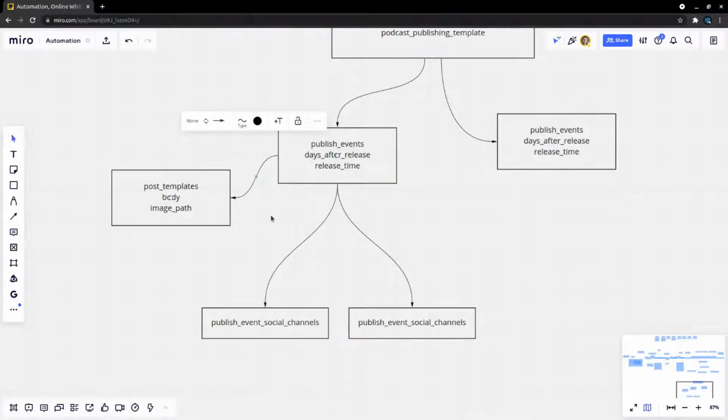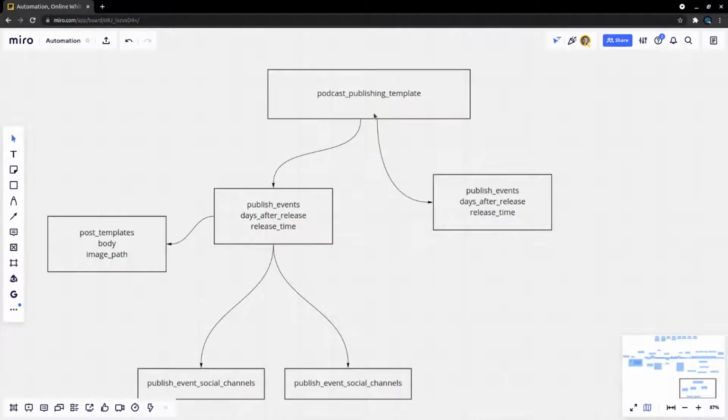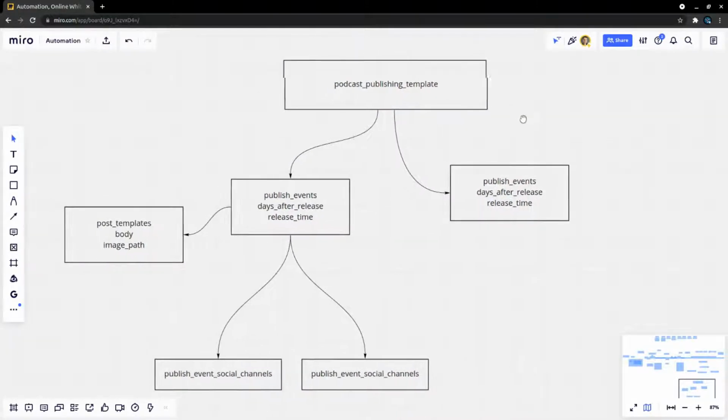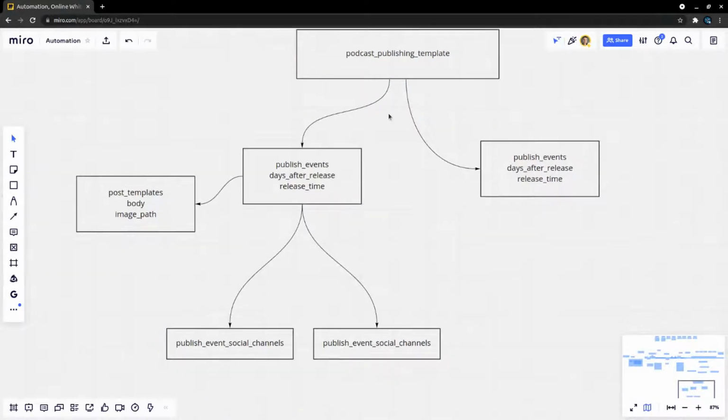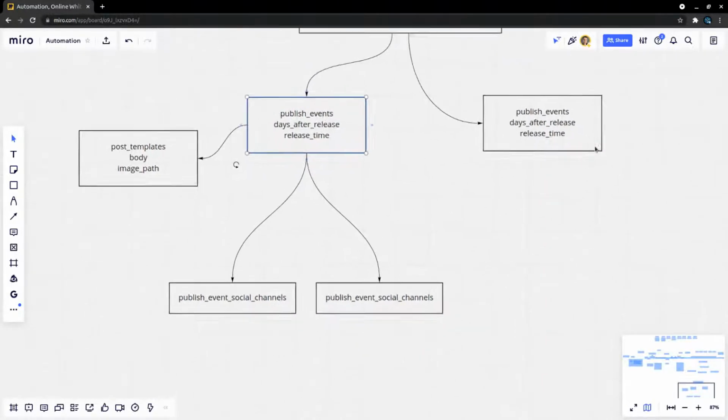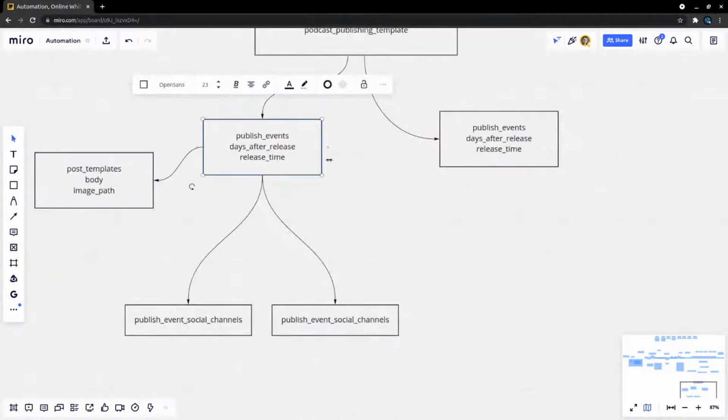Okay, this is perfect. Cool. So we'll be able to create something that says, when you publish a podcast, I want you to use this template. So let's just say we have 2 podcasts and you want to do something different when they publish. You can have this template that you use, and maybe for different types of podcasts, you use different templates. Like if it's one you really like, you might use a different podcast publishing template, right? And then you can say, when this is released, I want you to publish it. I want you to do several publishing events, right? One of them might be related to email. So maybe this one is for publishing to social channels.